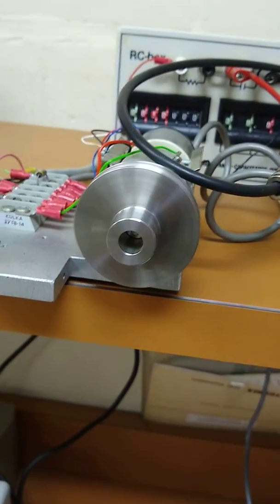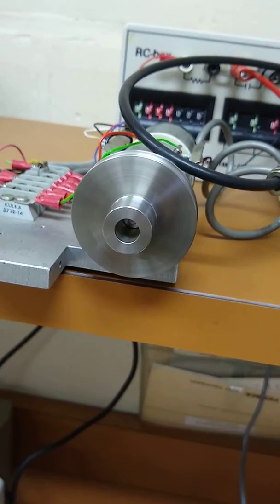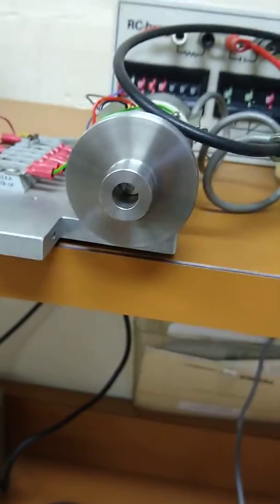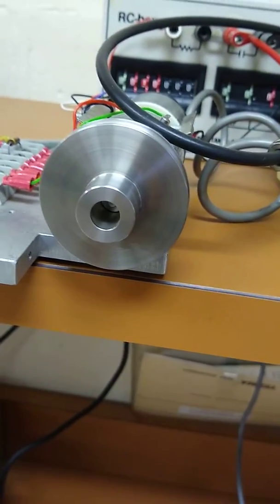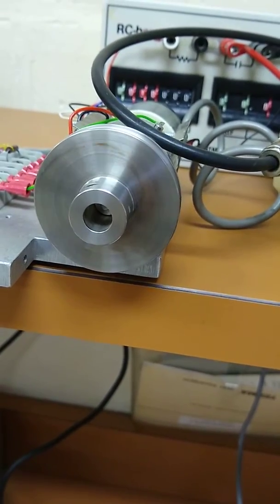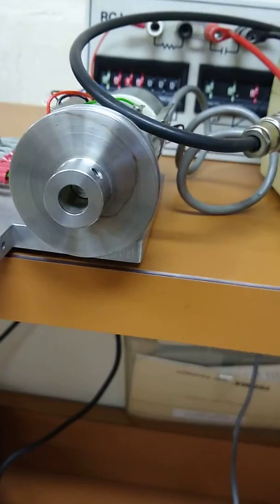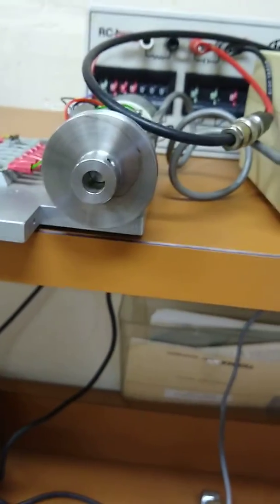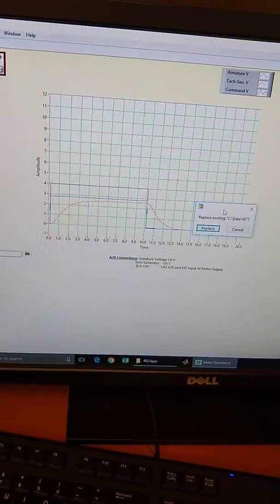you'll note that the motor begins to spin up, and it will spend 10 seconds being driven by that step voltage response, and then the power will be shut off, and the step response back down will be recorded for another 10 seconds. At the end of that, the